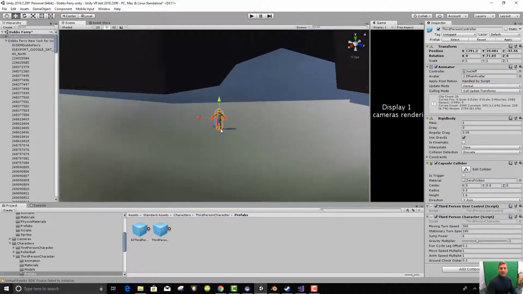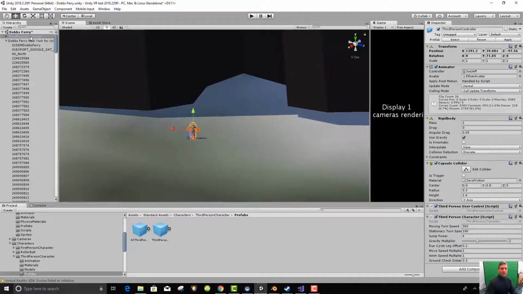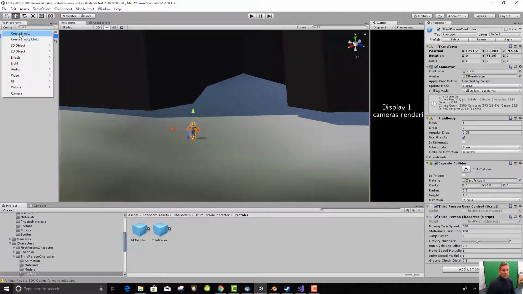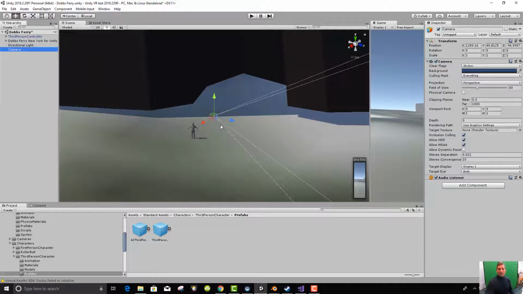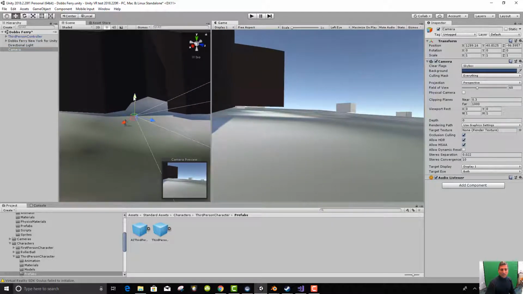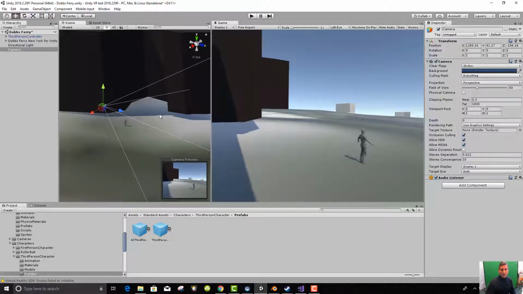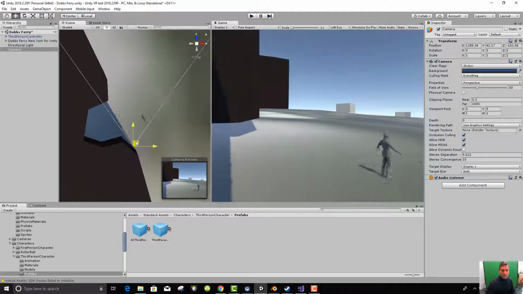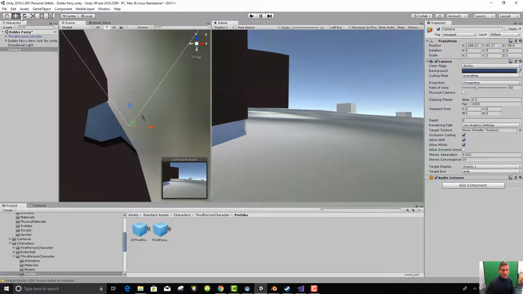And now I want to put a camera in. I deleted the main camera. I'm going to add a camera instead. I'm going to go create camera. And the camera goes in pretty close to where he is, but of course if we look at the game, we don't see the camera, we don't see him. There he is. So I'm going to go to the top view and move the camera and rotate the camera